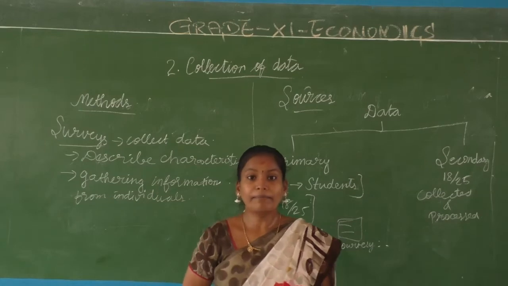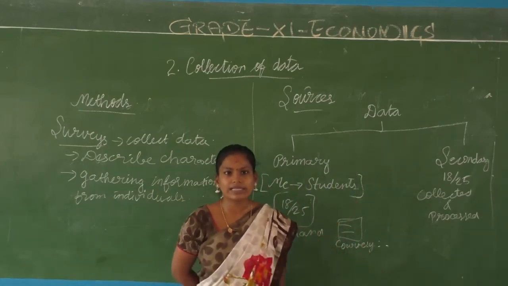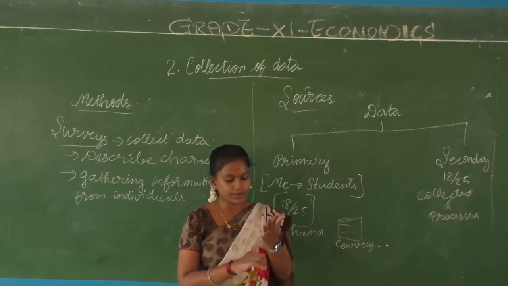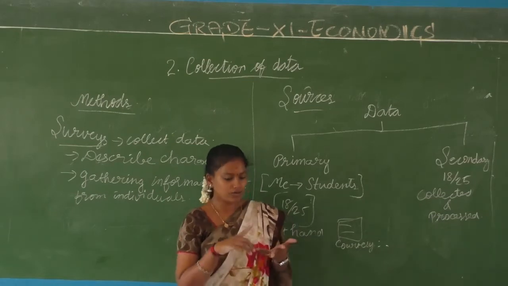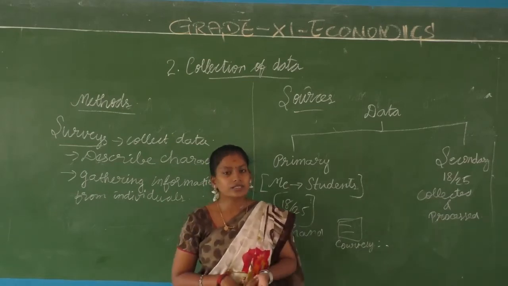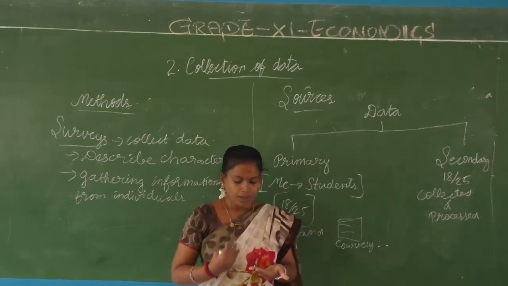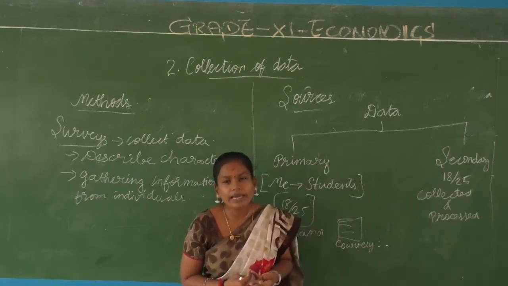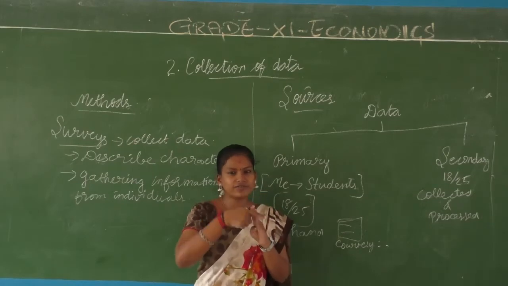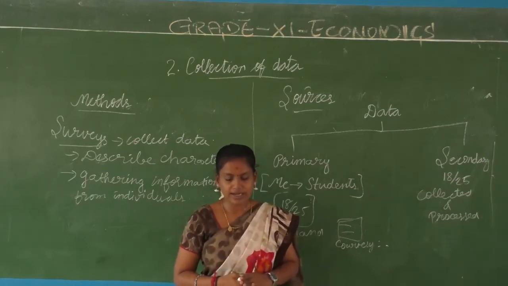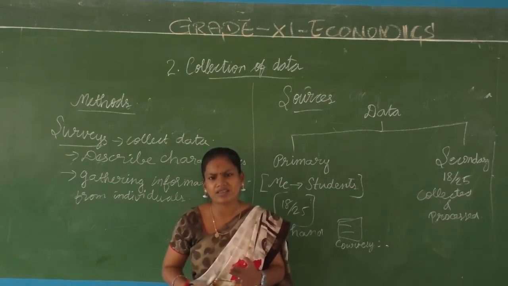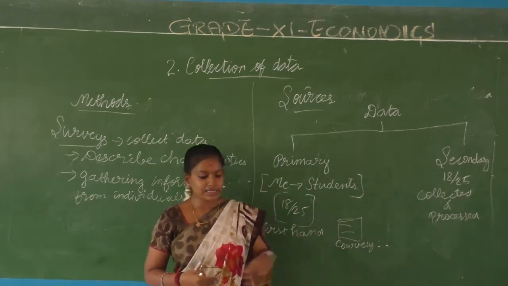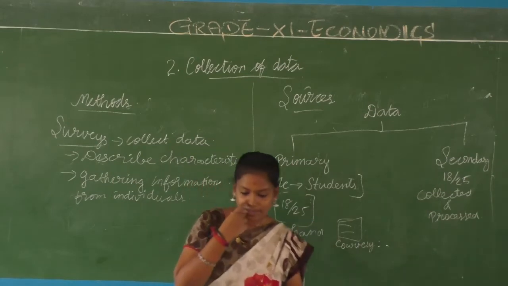Means what? You will go and make a survey. To one person you ask, do you like this particular product? What can be changed? What do you like about the product? Do you think it is costly? Like that you ask questions. Now if you ask different questions to the second person, how will you be able to compare with the first four questions? You will not be able to understand, right? So what do you need? You need the same questions. Then only it will be easy for you to analyze the data. Then only the table can be presented.